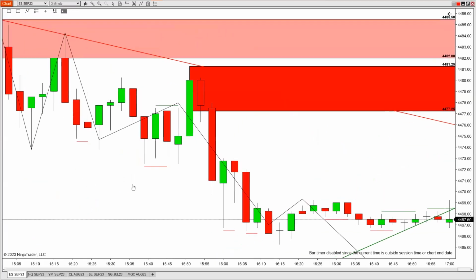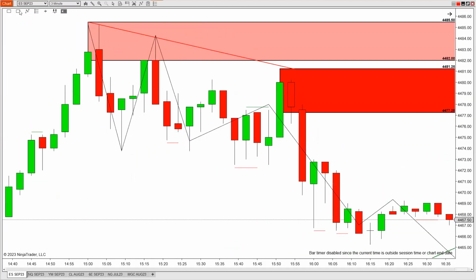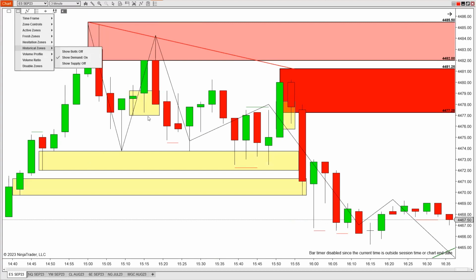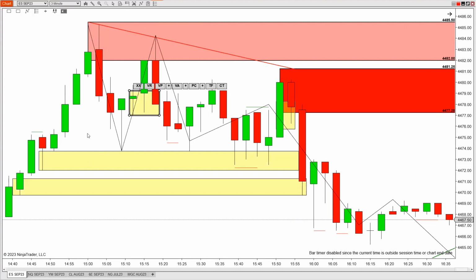Now, if we open this up, I'm going to get pretty granular with you here. I told you there were a couple of rectangles here. So I'm going to go in here, and what I'm going to do is turn on the historical demand only, right? Focus on that level right there. Okay, so you can see the accuracy of our zones. But what I was interested in is the sell side. We always try to validate what we're interested in doing. I wanted to sell supply, not buy demand, but I wanted to see demand. Here it is. Okay, so it got validated.